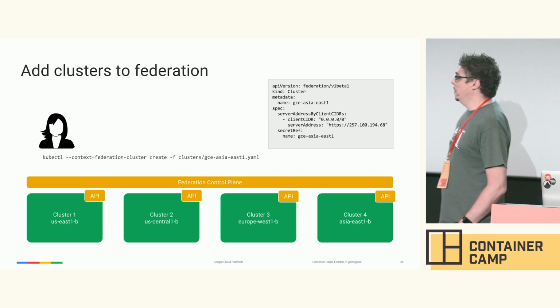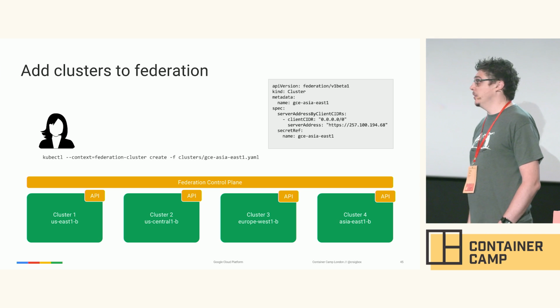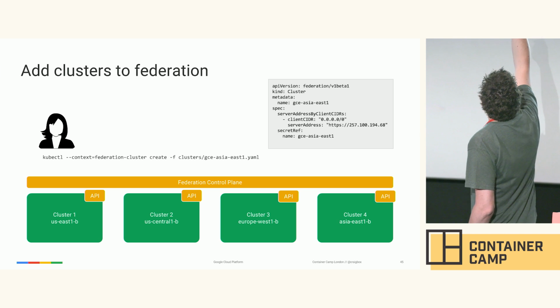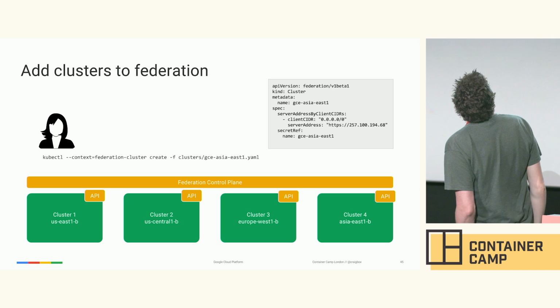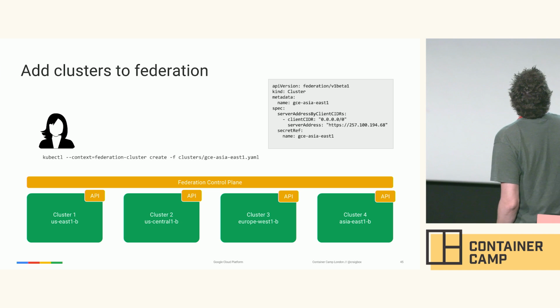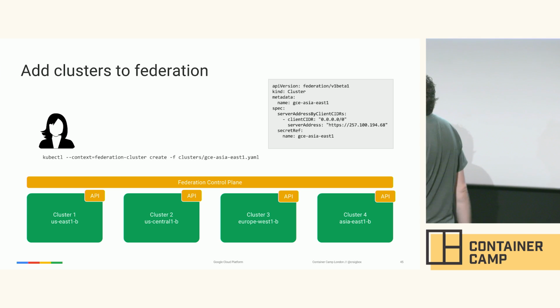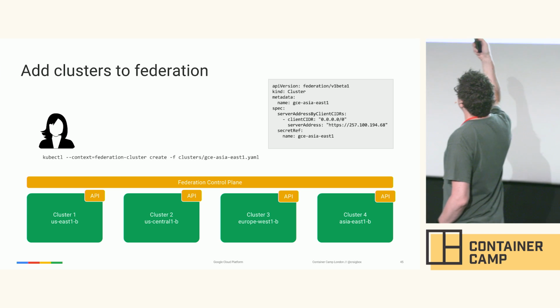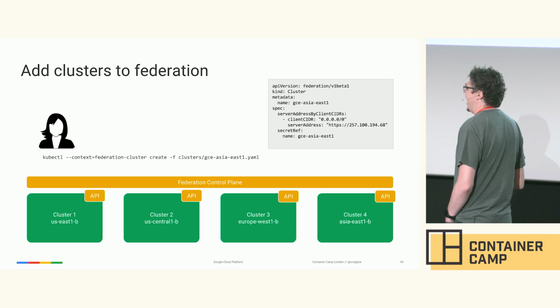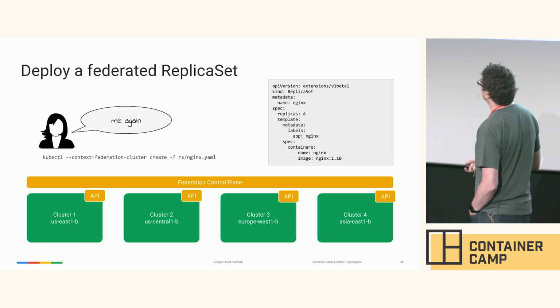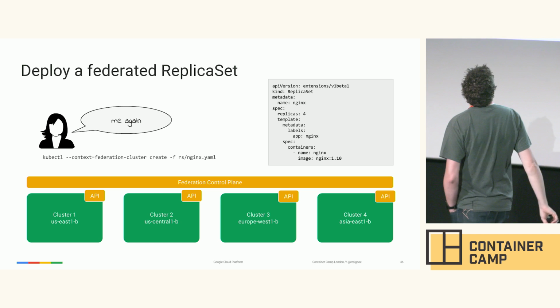So we need, first of all, to add our clusters to this federation. We have some YAML here, which gives you an idea of roughly what that looks like. Eagle eyes will see that this is super awesome, and I've gone as far as 257. So for each cluster, we run a command to add that to the federation. It's kind of like a Star Trek thing.